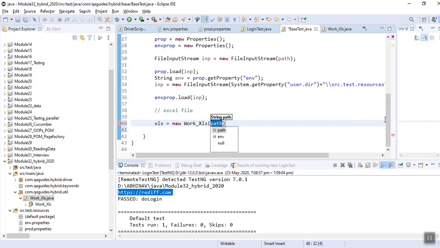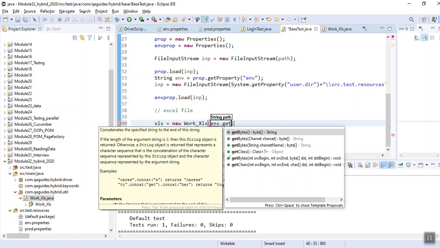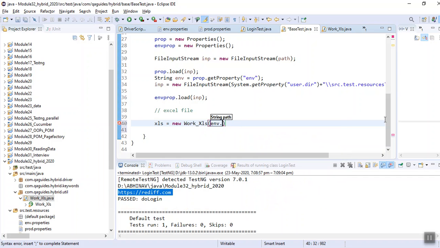Work XLS, and I will be giving the path as environment. We are having that path, get. Why is it showing me environment prop?